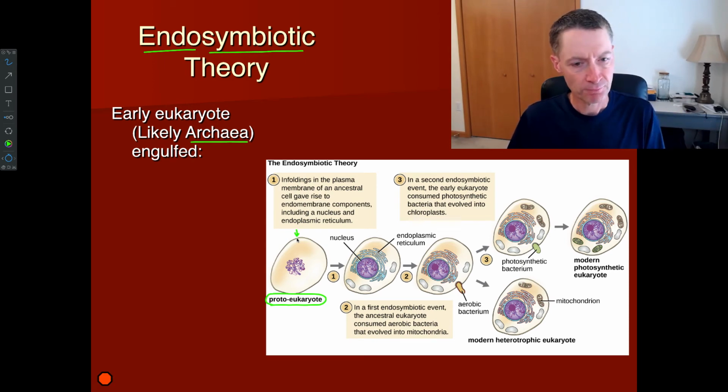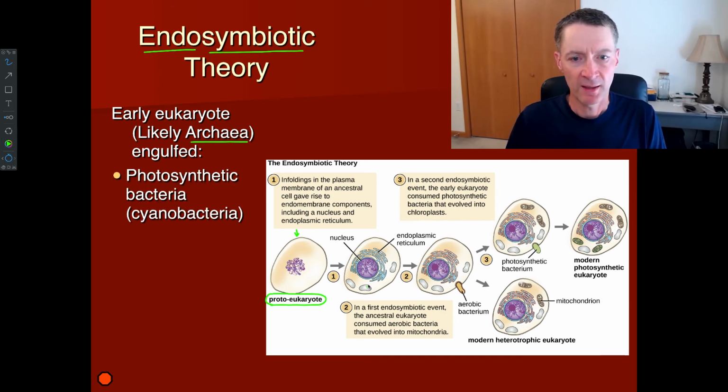Okay? So here we have this early proto-eukaryote, most likely an archaic type of organism, and it came along and consumed, in these events, kind of endocytosed,